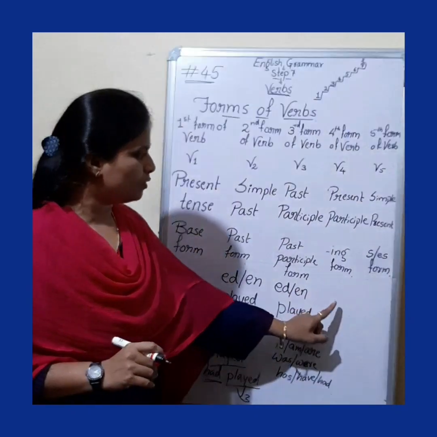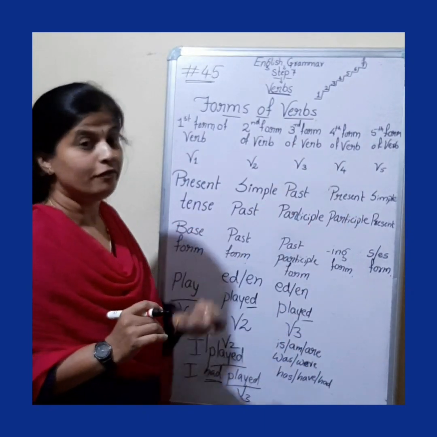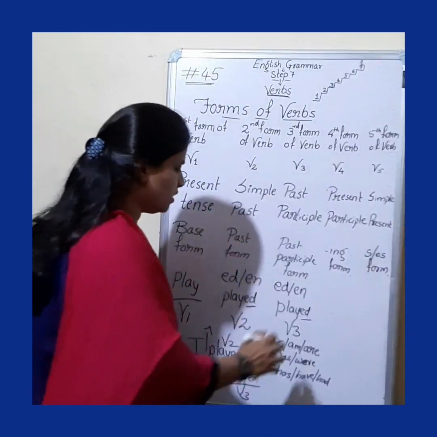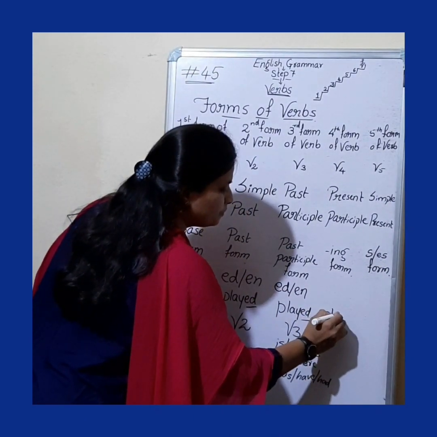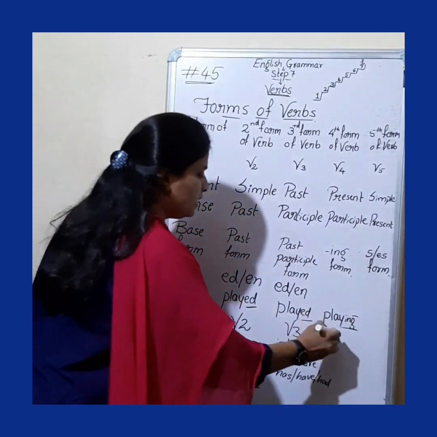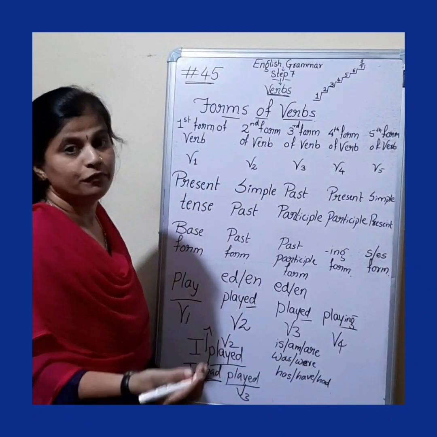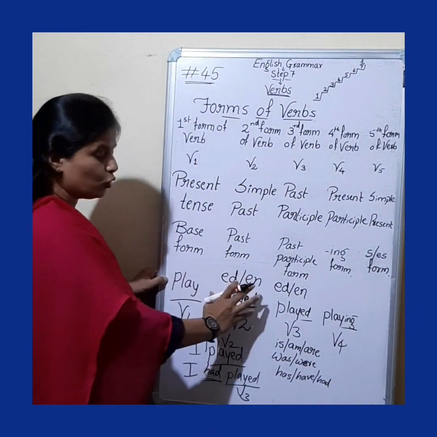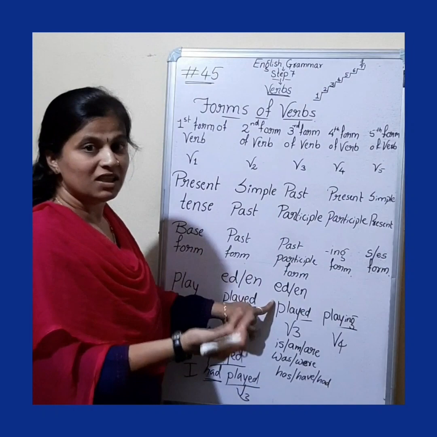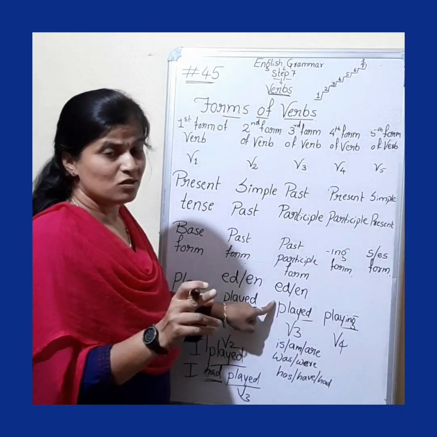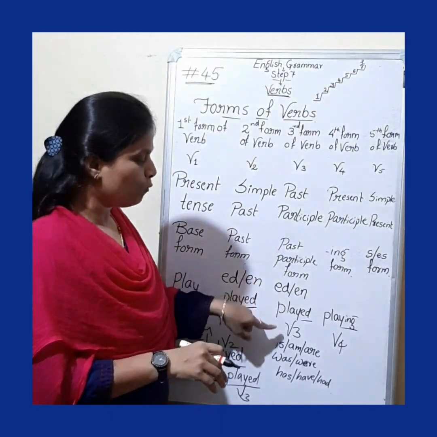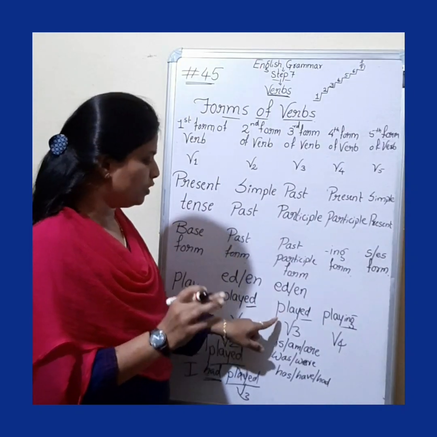Okay, so now let's have a look over ing form or V4 form. So any word, if you add suffix ing to it, what is added here? Ing. If you add, then it is turned into V4. Okay, so base verb, if you want to change it to V2, either ed is to be added or en. If it goes to the V3, again ed or en. It depends on the helping verb. If behind it helping verb is present, then it is considered as V3. If not, then V2 you can call it as.